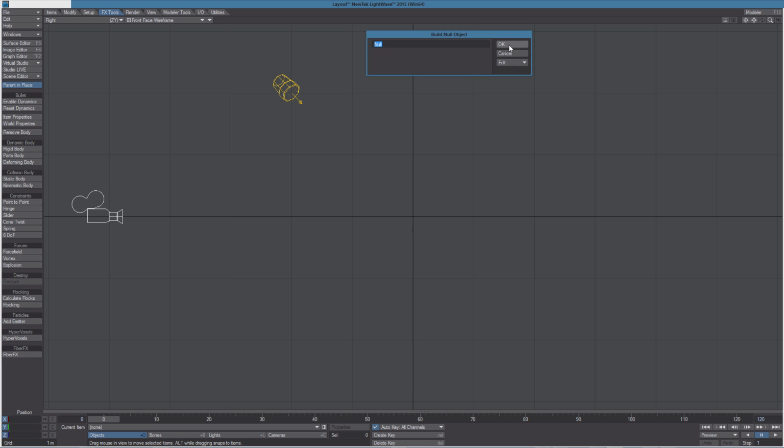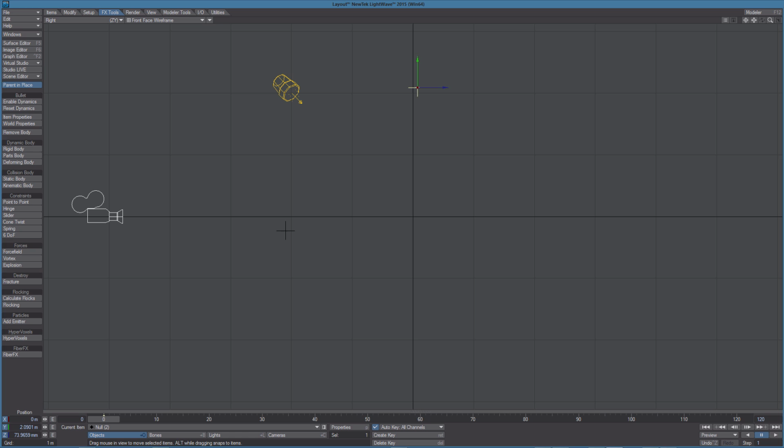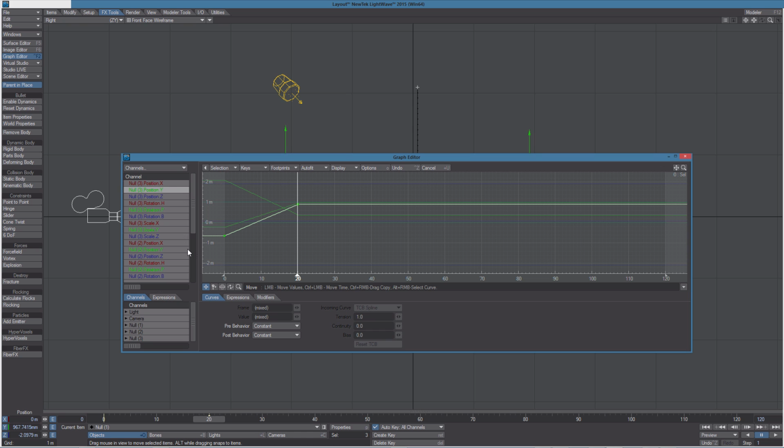Let's create 3 nulls: 1, 2, and 3. Now, I'm going to create a very simple animation. Those nulls are going to oscillate on the y-axis. We can select them all, open the graph editor, select the y-axis of each null,